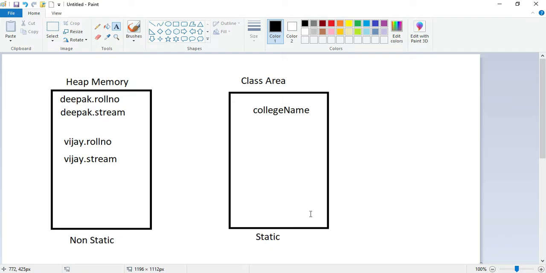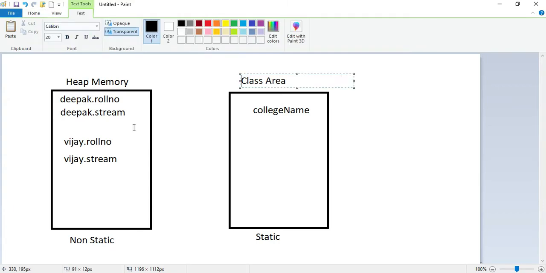It means however many objects you create, the college name will be created only once in class memory, which we call the class area, and the roll number and stream will be created again and again in your heap memory, as they change on the basis of the students.